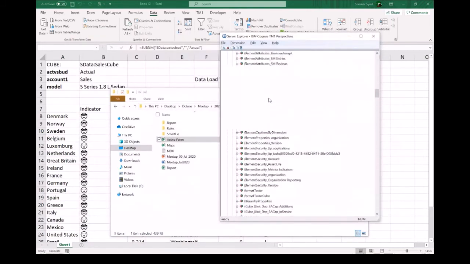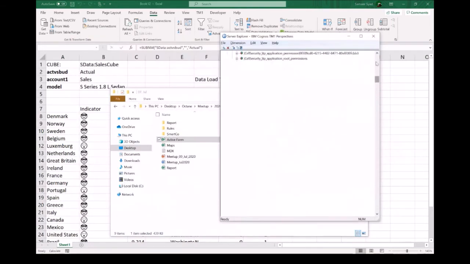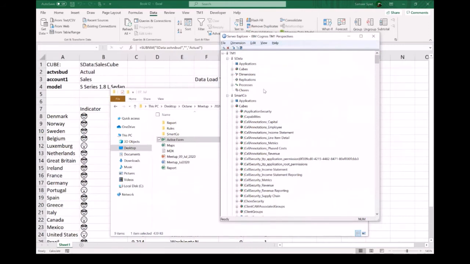Okay, so for number 7, I'll quickly go through this. We've got another 10 minutes, right? So when we go to the TM1 perspectives, we have something called applications. Now I know not many people use this, but this is really a good feature to have, especially for the users. For example, I can right click on this and say create new application, which